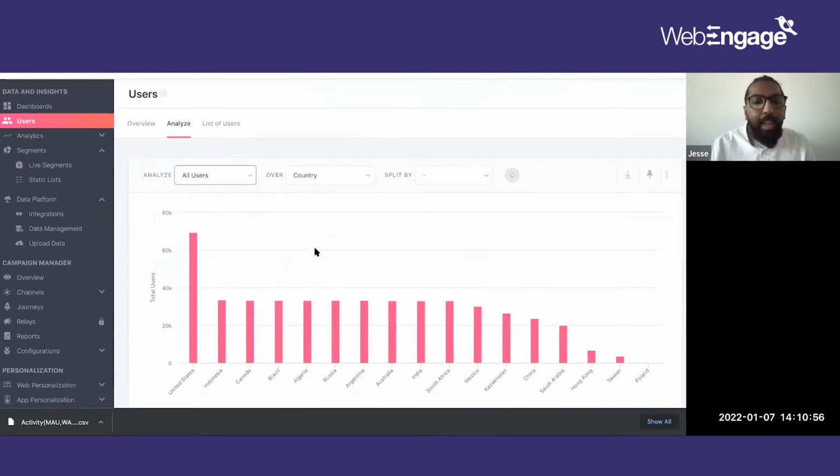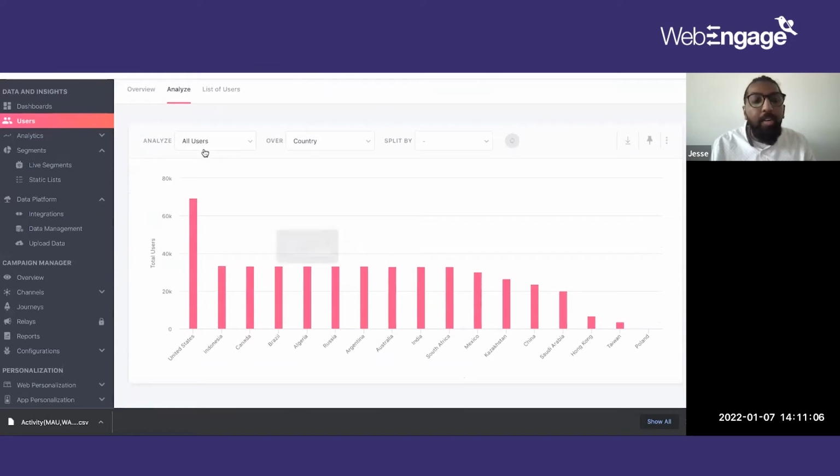This helps you split your data across different dimensions that we are capturing, as well as your custom dimensions. For example, for this data set I'm looking at all users across the different countries they are visiting my website or app from. The United States is definitely the highest number of users here, so if I'm sending campaigns specific to the US, that's going to do me well.